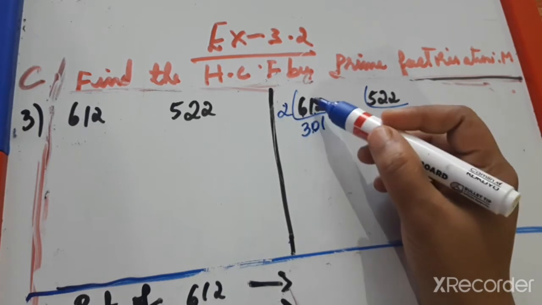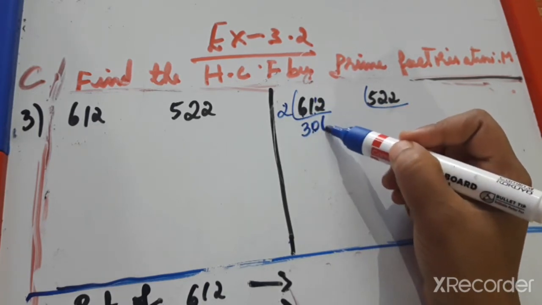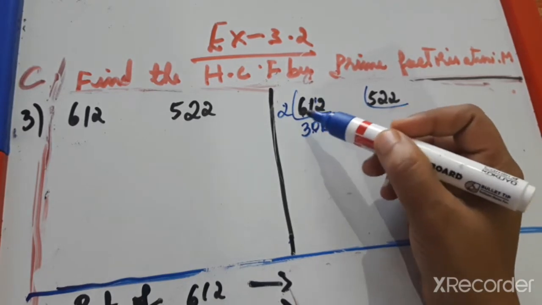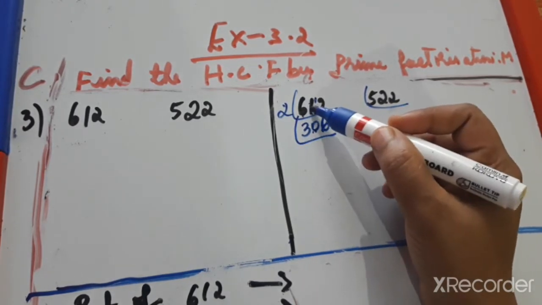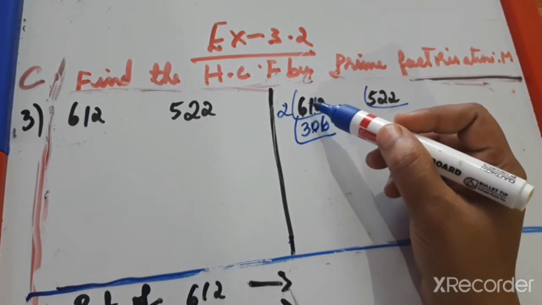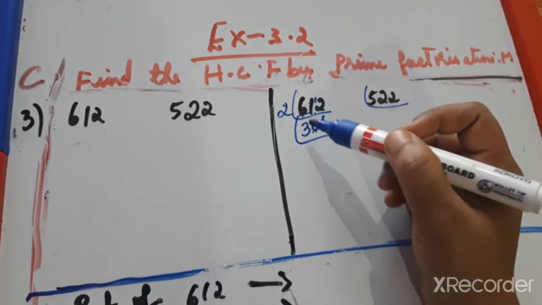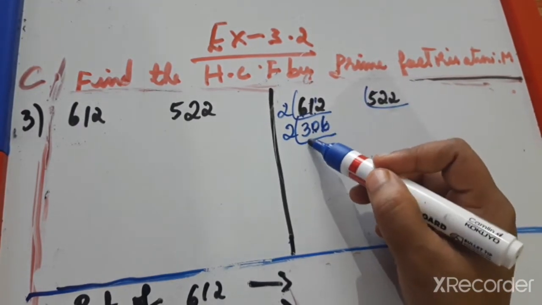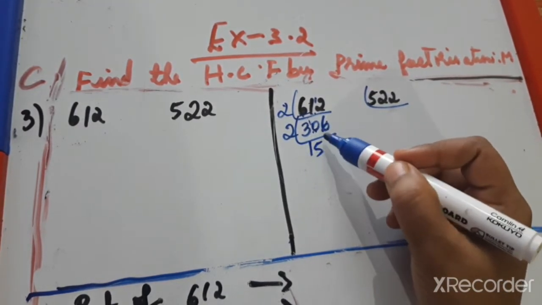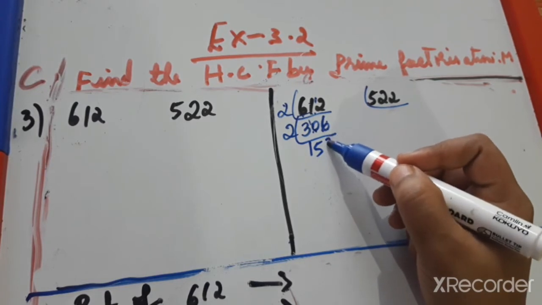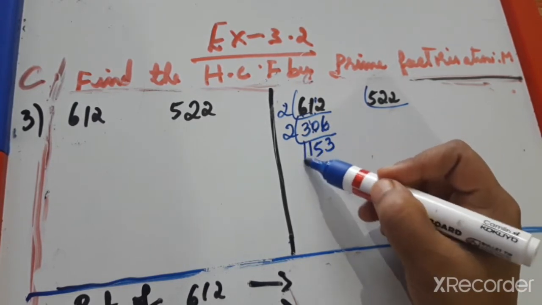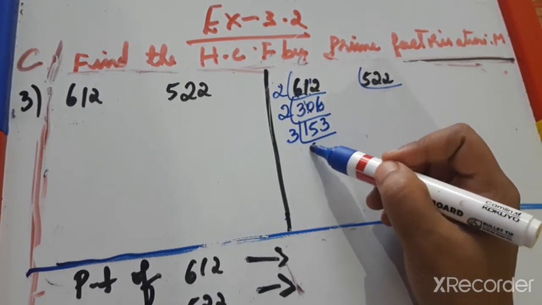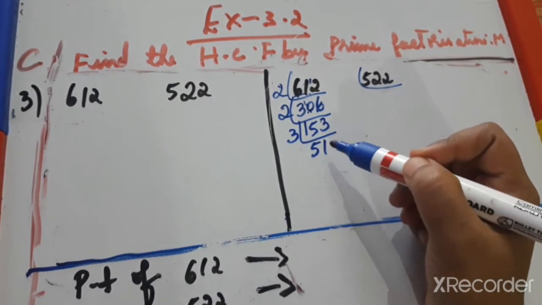2 30s are 60, so one remainder, 2 6s are 12. 61 is nearer to 60, so we take the nearer two digits. Then for the last number 6, we divide by 2: 2 ones are 2, 1 carry, 2 5s are 10. Then 6 will multiply, 2 3s are 6. The last number is 3, so 3 will multiply with the 3 ones tables. 3 5s are 15 and 3 ones are 3.